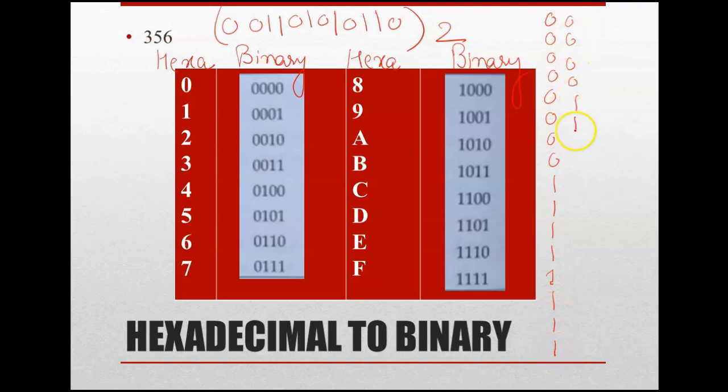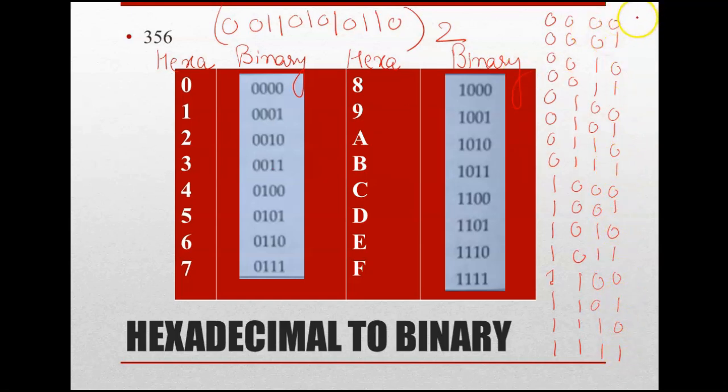Now you write 4 zeros, 4 ones, and then 4 zeros and then 4 ones. Okay, then you take 2 zeros, 2 ones, 2 zeros, 2 ones, 2 zeros, 2 ones, and then 2 zeros, 2 ones. And then you will go for alternate 0, 1, 0, 1, and so on. And then the values if you take, it is 0, 1, 2, 3, 4, 5, 6, 7, 8, 9, 10, 11, 12, 13, 14 and 15. So in this way you can also draw your own table and then easily you can convert the hexa one to the binary form, right?